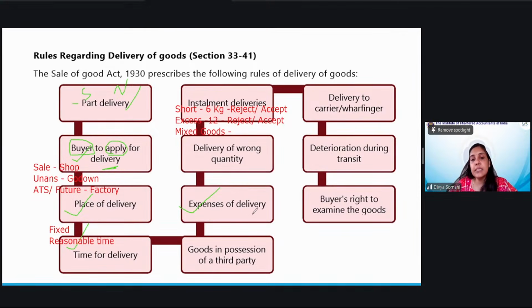So that is the case which is mentioned here. Next is goods in possession of a third party. What do you mean by this case? Okay, let us assume that